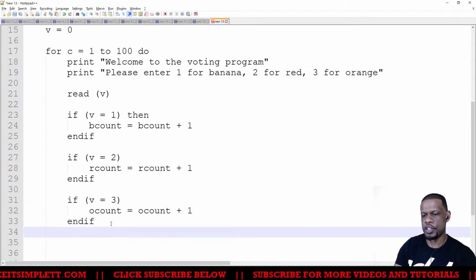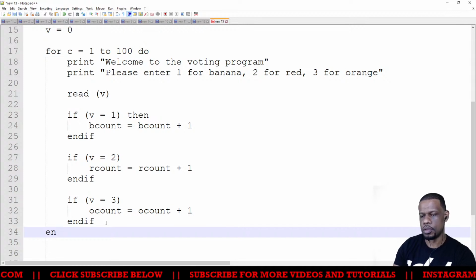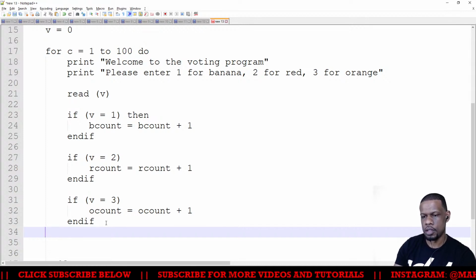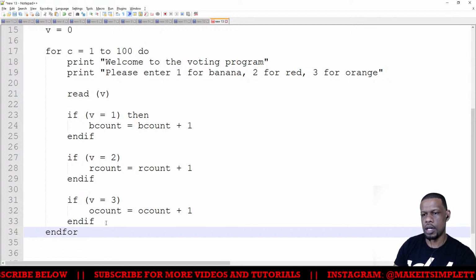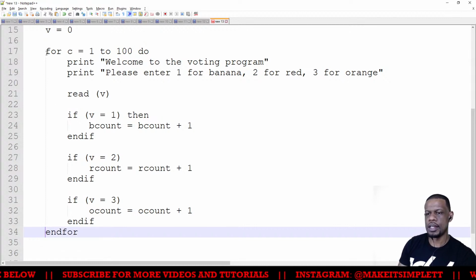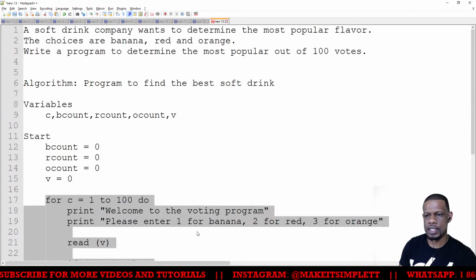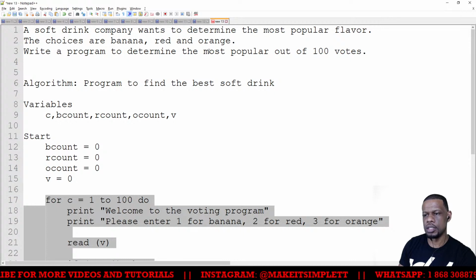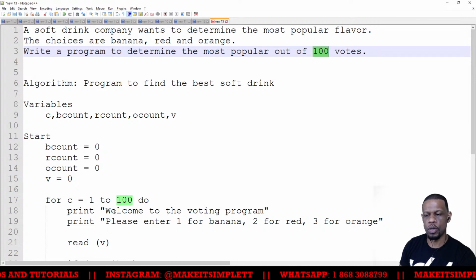So once I'm finished with that, I will say, no, not NF, N4. I put the N4 already, did I? Yes, put the N4 already. Alright, N4 is there. Good. So basically, this loop is going to go 100 times according to the question. So the question said, write a program to determine the most popular out of 100 votes. So once we see 100, we know that we have to go 100 times in order for this thing to work.